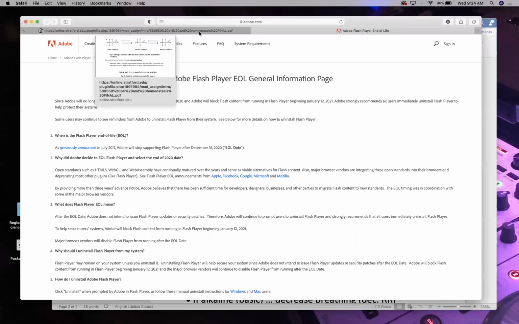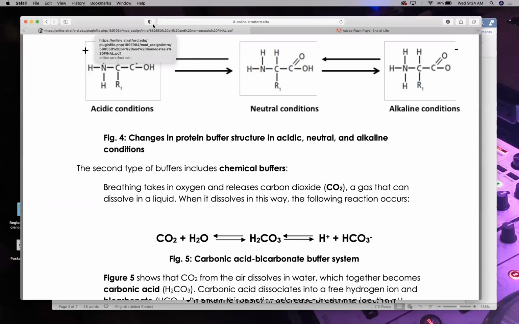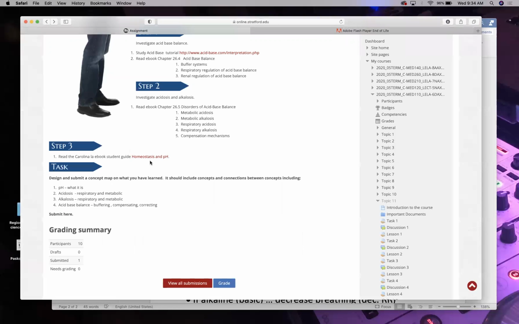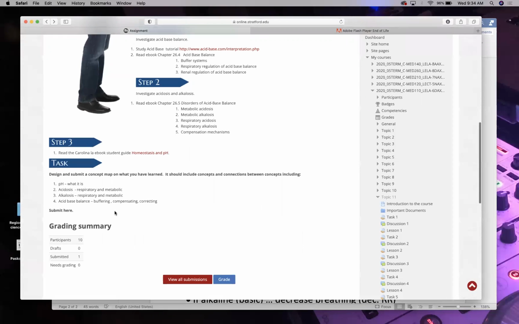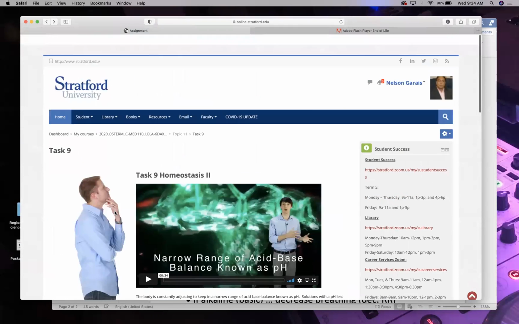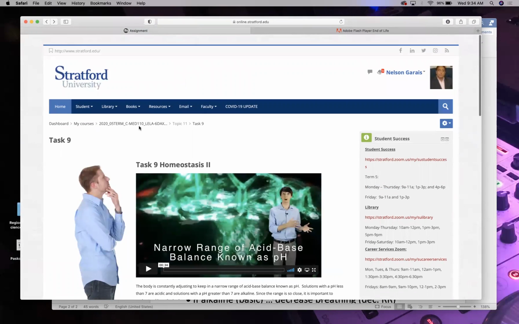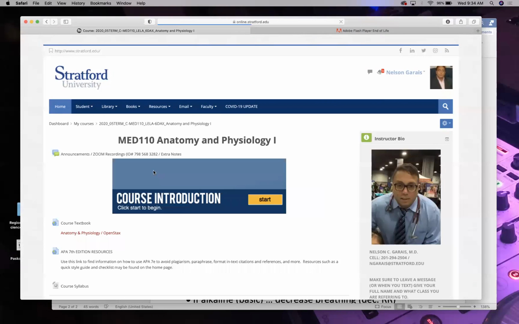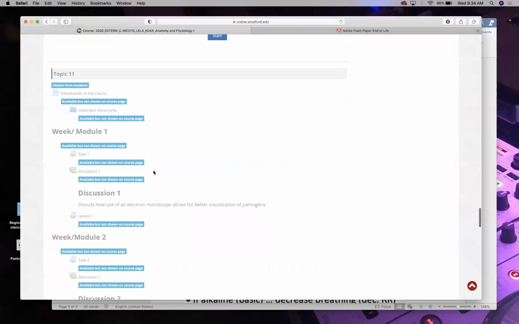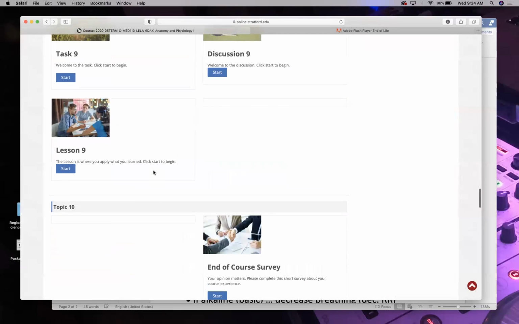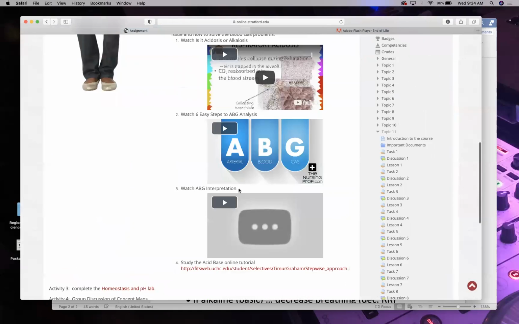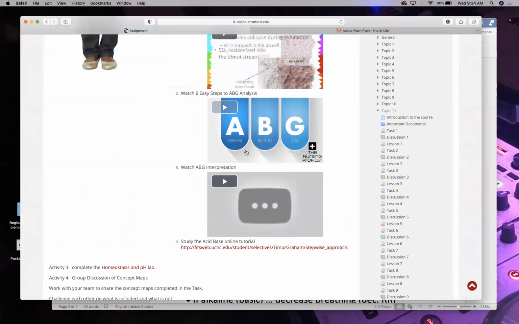Let's now go back to. So we went over all of that. We know what pH is. We know acidosis. We know alkalosis. We know acid base, how it buffers, how it compensates, how it constantly corrects itself. Let us now go into a topic that I'm just going to touch on here, but definitely for those of you who are in nursing, when you are in